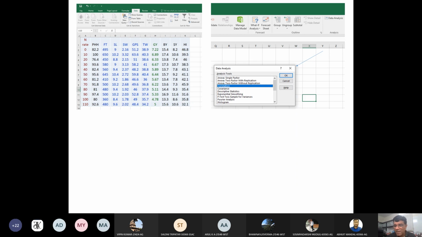Because I cannot run Excel online. I'm unable to run PDF file also, so I'm unable to run Excel. Therefore, I made it in your PowerPoint. So you can see what you need to do. That data you can type or paste in the Excel sheet like this. Can you see it?